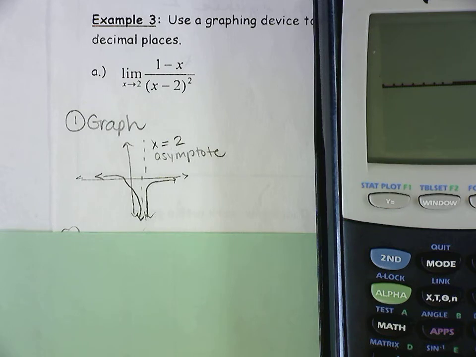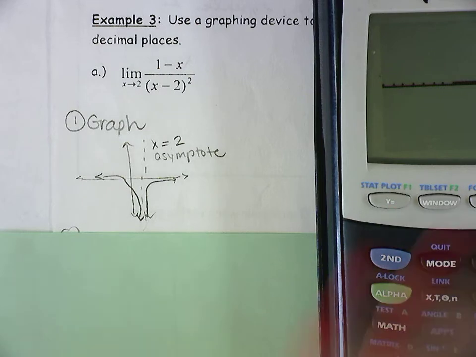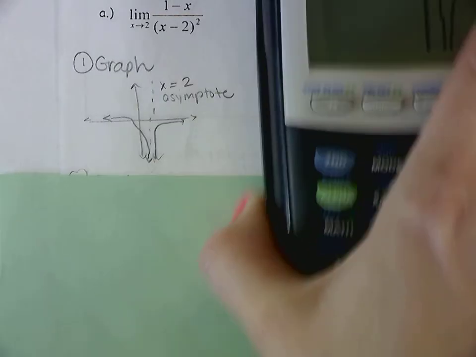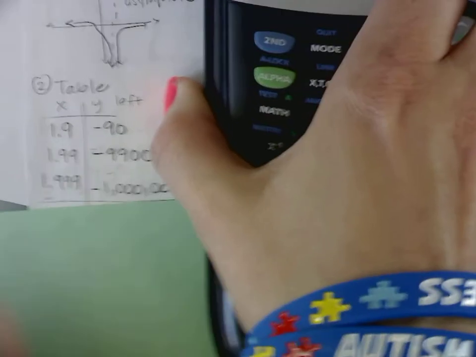What's the only way that we find a vertical asymptote? Set the denominator equal to 0. So if you set the denominator equal to 0 and solve, you're going to get x equals 2. Now, when you set up your graph,